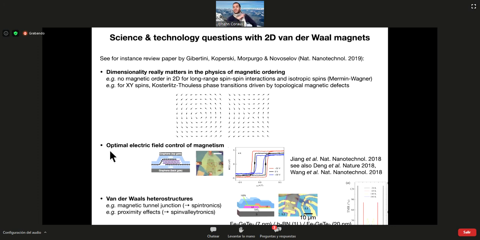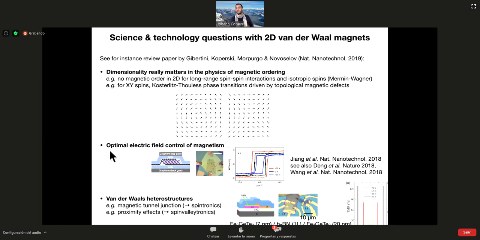Well, I already touched on that in a way. The next item is about electric field control of magnetism. Obviously here you have 2D materials, so essentially made of interface atoms. They are magnetic, and you could try to apply some electric field there to tune the charge current density, and then maybe tune the magnetic properties of the material. So, we've heard that already. This is not a new concept.